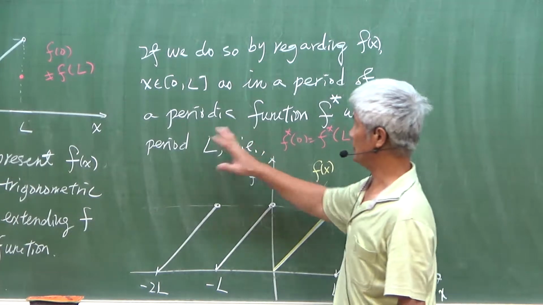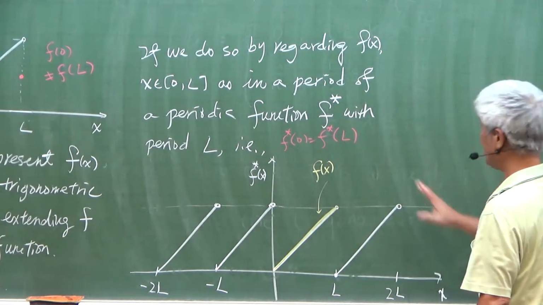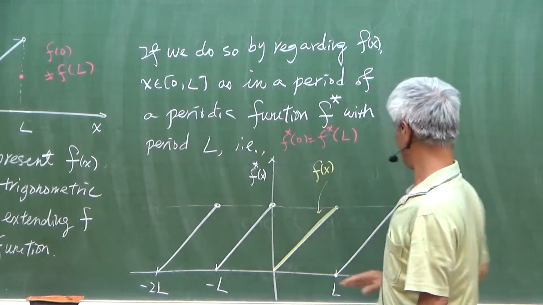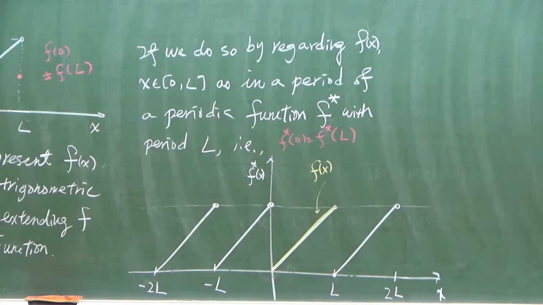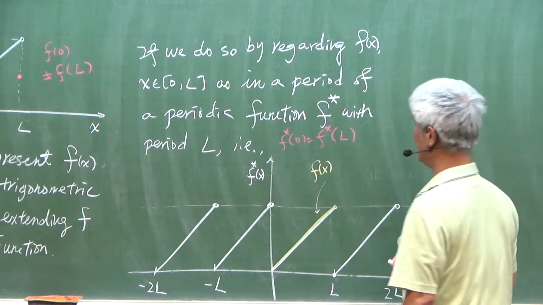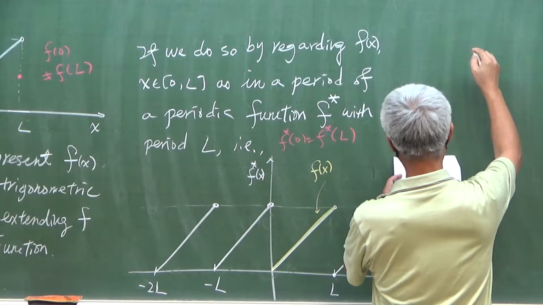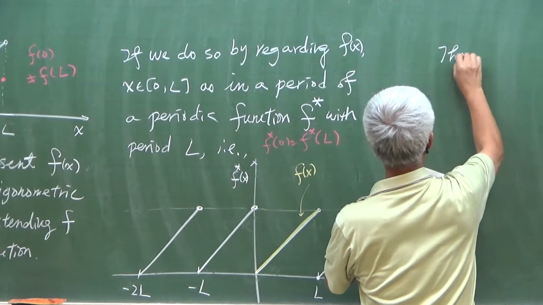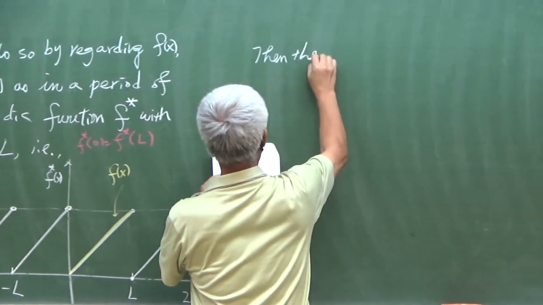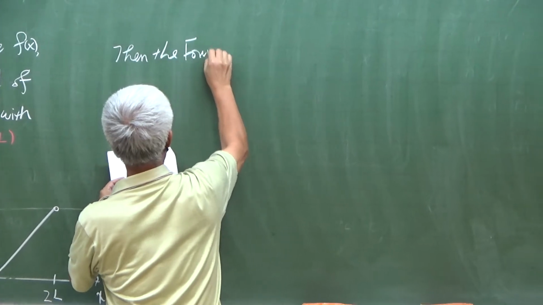So we will see that. But so that is, if you are careful, you can see that. But we will not use that. The reason is that then the Fourier series